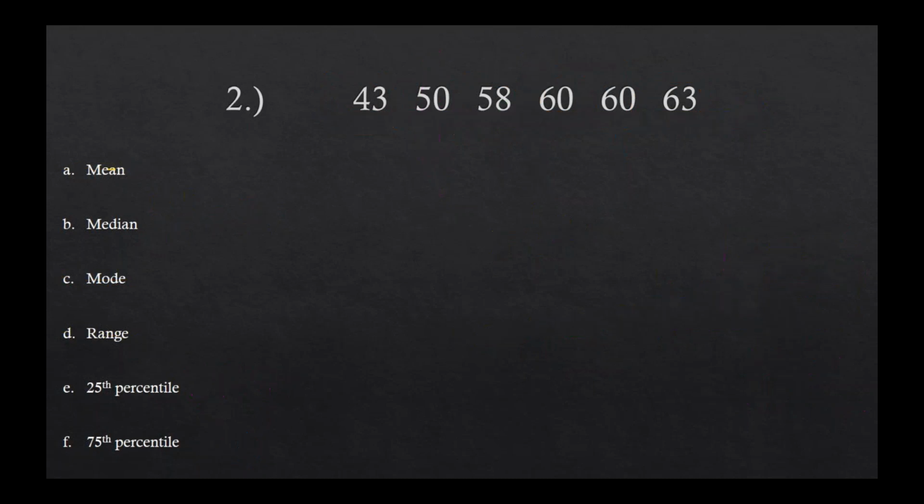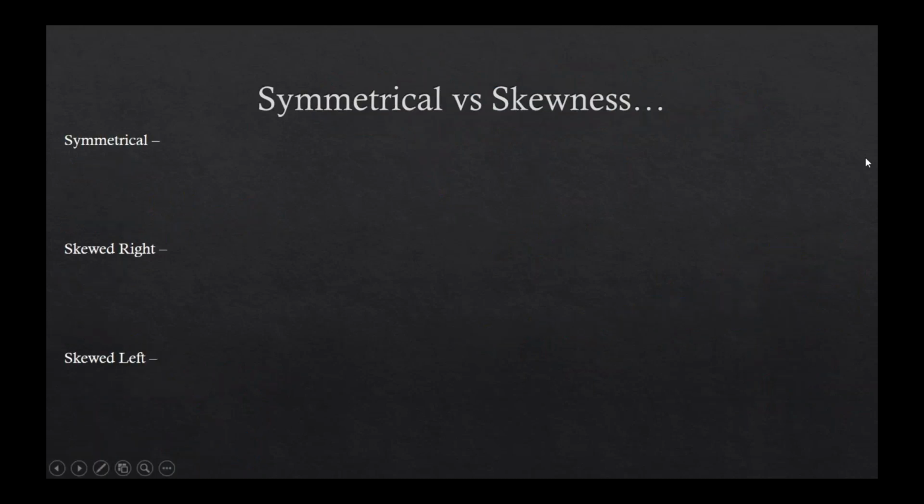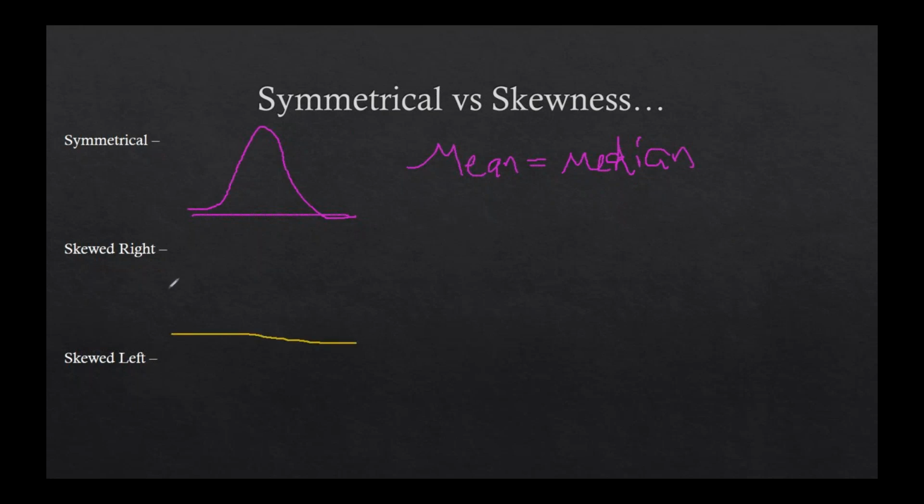Okay. Enough of that. Let's go to symmetrical and skewness. Just real quick, because I'm over my time here in section 8. Symmetrical is when the left and the right side are equal, and that means that the mean is generally equal to the median. And we're going to get more into that in sections 14 and 15 in Unit 2 when we have symmetrical data. Now, if you have data that is skewed right, that means the tail goes to the right. So you might have a huge bump up here, and then it goes this way.